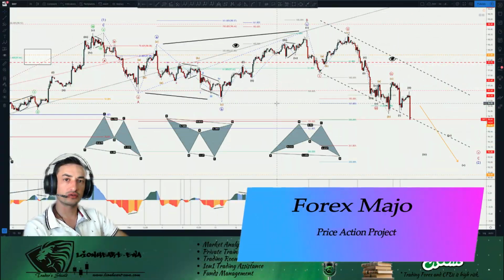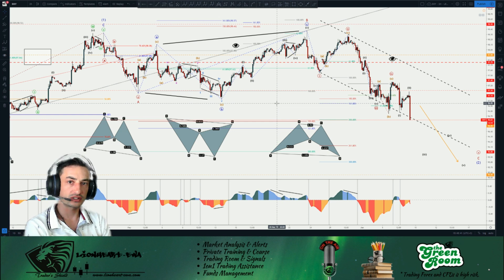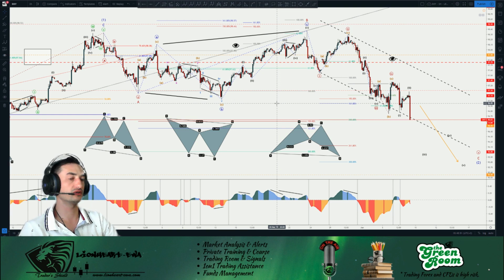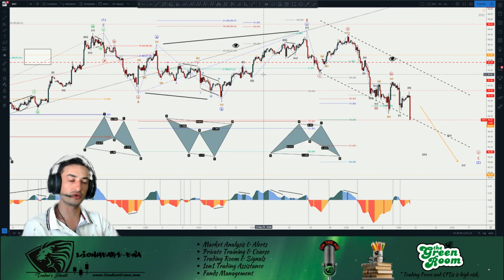Okay, so it looks like we have an extension in play, a bearish extension basically for the dollar. Due to this bad NFP that it just had, the dollar might be able to deliver a massive impulse on the downside. This means that metals and the other counter currencies would be able to take advantage of this weakness in the US dollar for the next week.